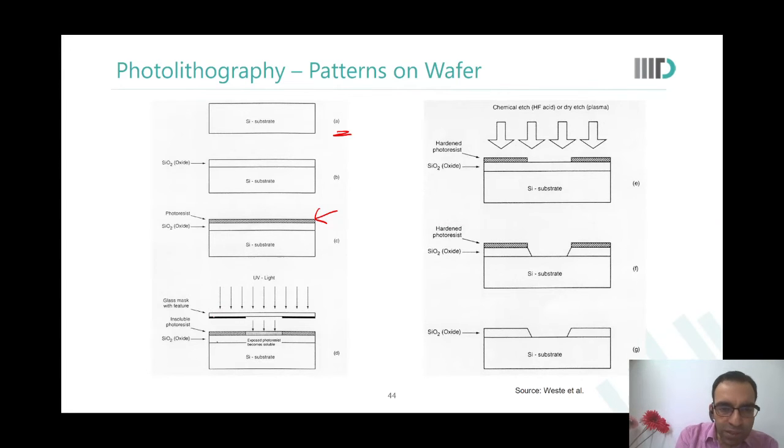So you see over here, there is a black line there. So light will not pass. But over here, the glass is transparent, so light would pass. And this part of the photoresist would get exposed to this light. Now this photoresist, why is it called a photoresist? Because it is sensitive to photons. It is sensitive to light. Its chemical properties would change when light falls on it.